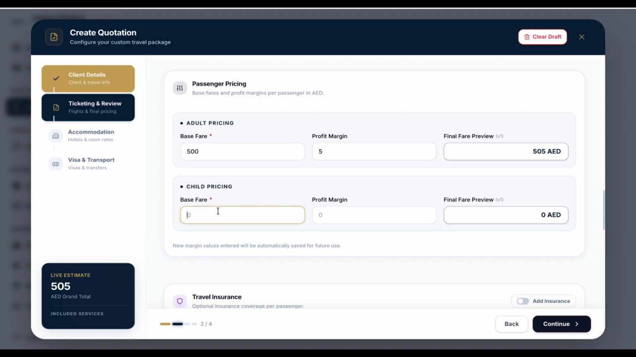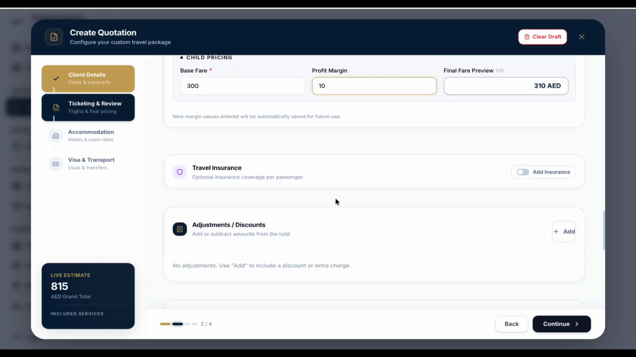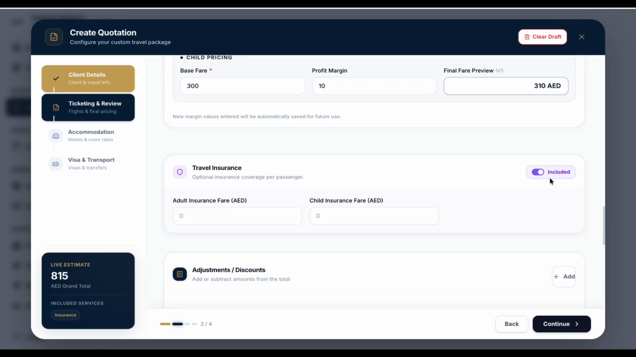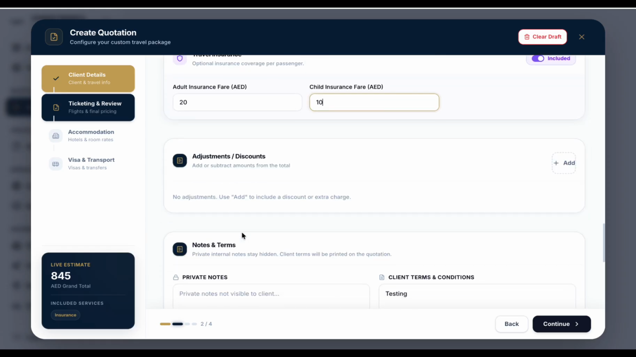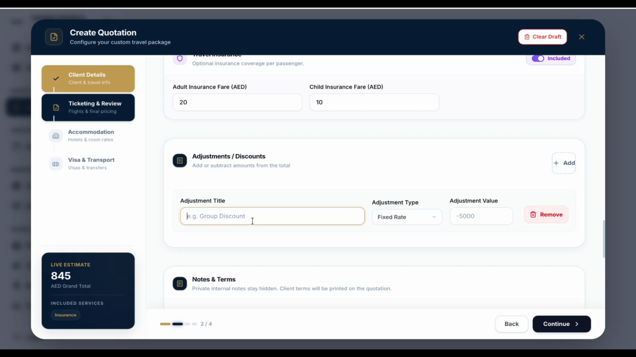Child pricing, I'll put 310. Travel insurance, if the insurance is included, you can check this box. Adult insurance, let's say 20 dirhams. Child insurance 10 dirhams. And adjustment discounts, if you want to offer some discount, you can put the discount over here. Adjustment title, you can put something over here, just the title for that discount. First time